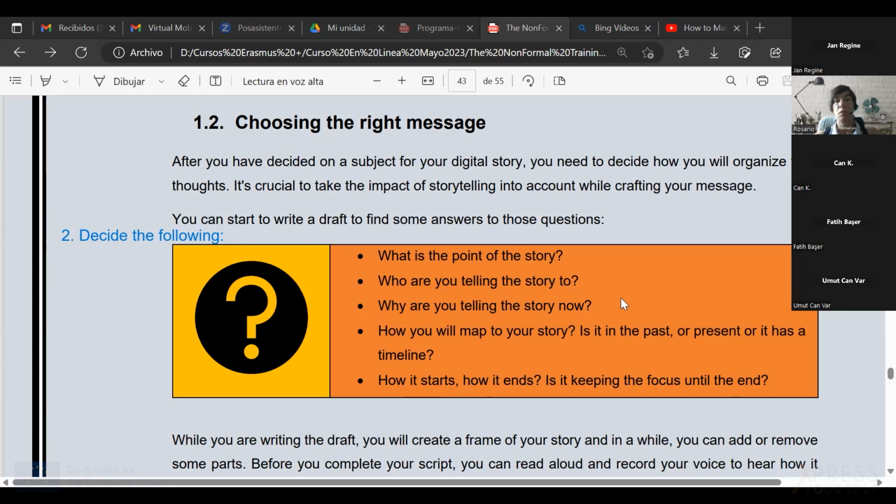Then, why are you telling the story and why now? What do you want to tell the others, and why now and not before and not after? So, that story with the women's rights. Maybe she wanted to say it now because now women's rights are taken into account more than in any other historical period.